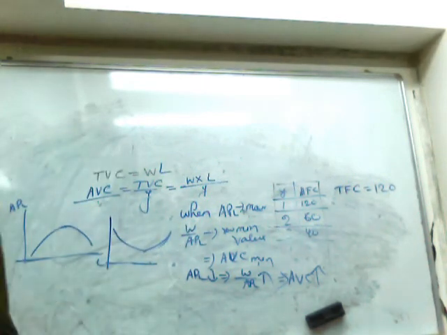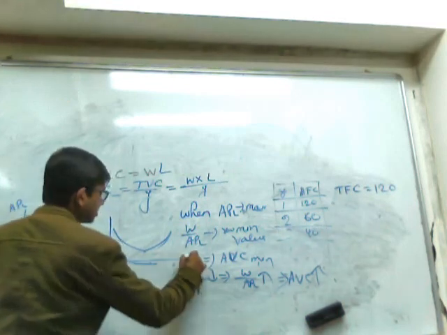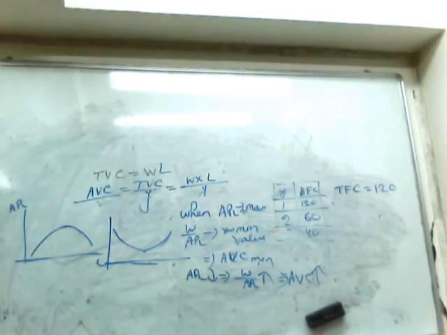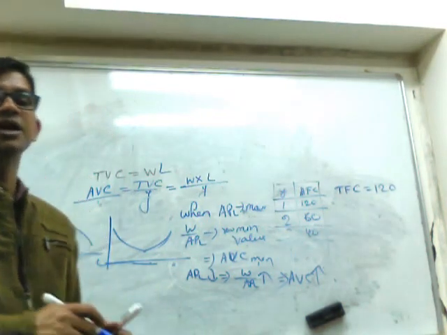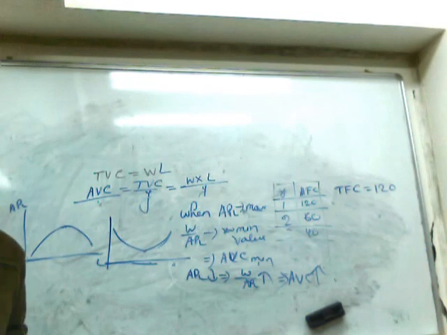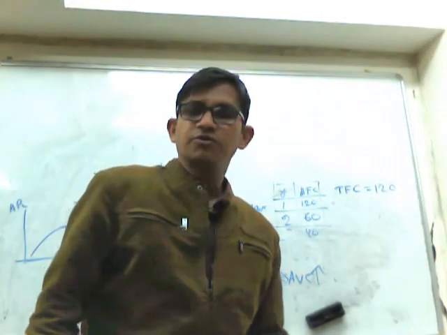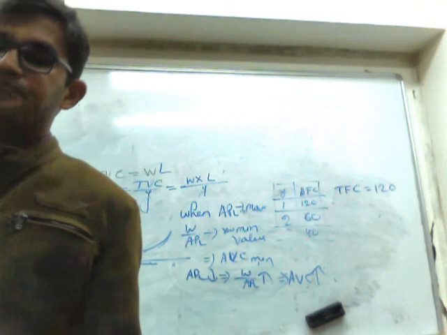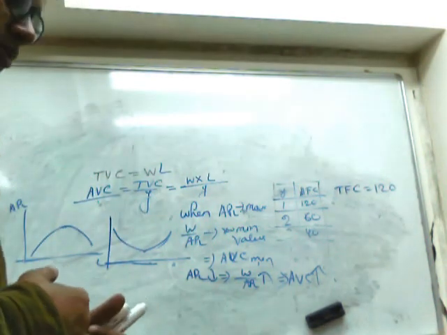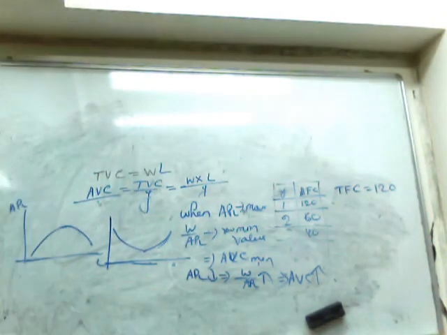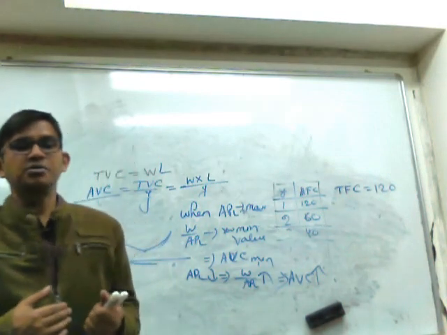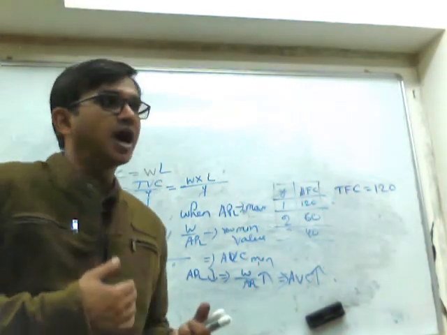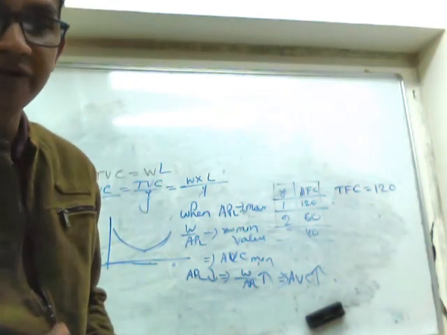So the average variable cost curve will be U-shaped, and the behavior of the average variable cost curve is nothing but the reflection of the behavior of average productivity of labor as per the law of variable proportion. In the next part we will discuss how we can draw the average cost curve by the lateral summation of the average variable cost curve and average fixed cost curve.